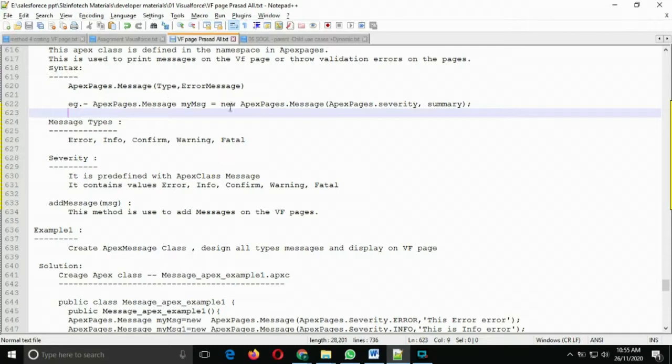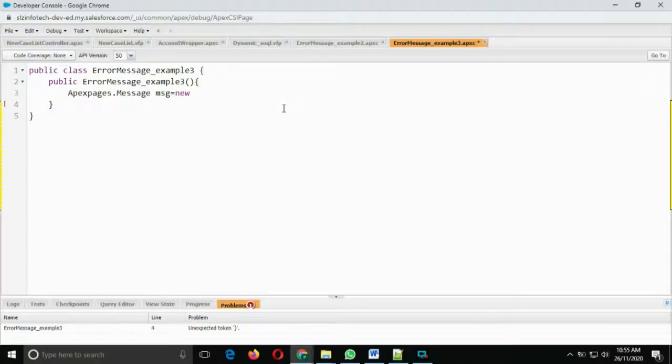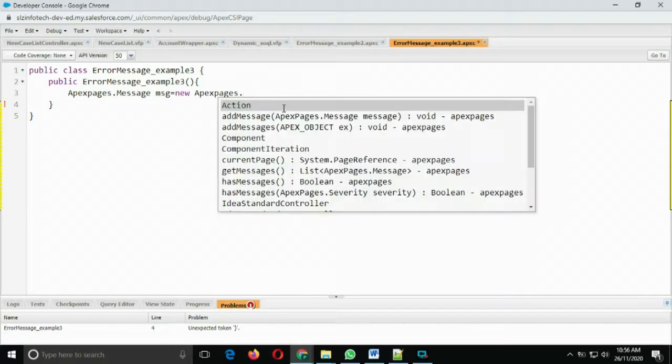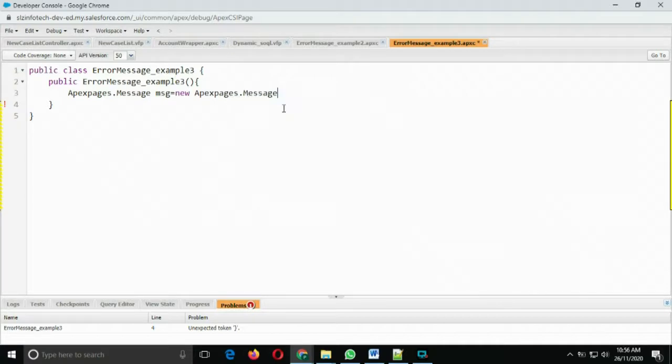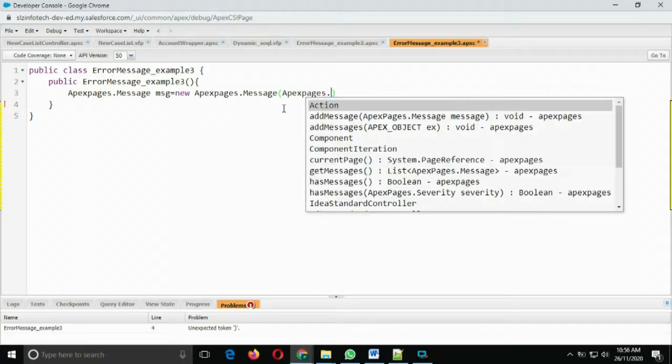Message, then new Apex pages dot message, then we have Apex pages dot severity.